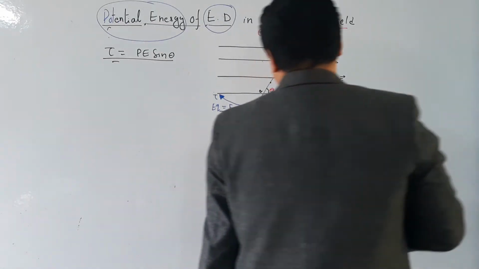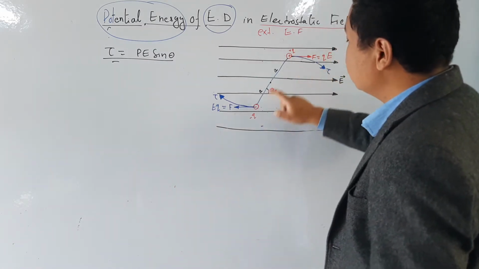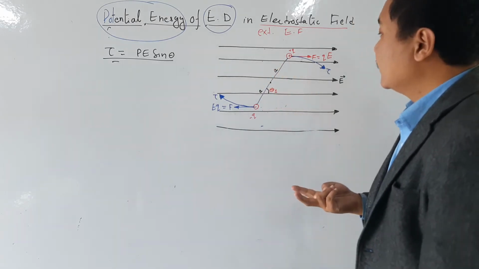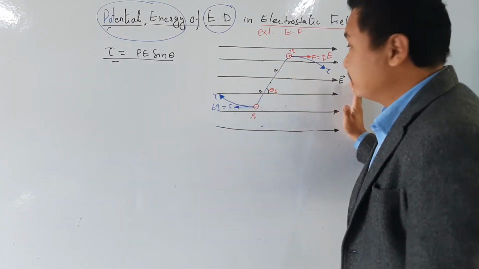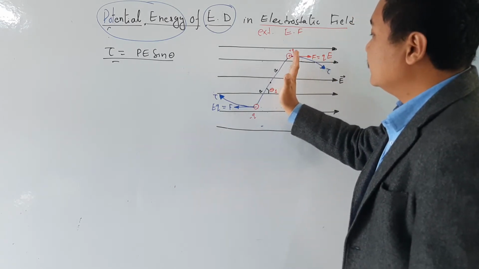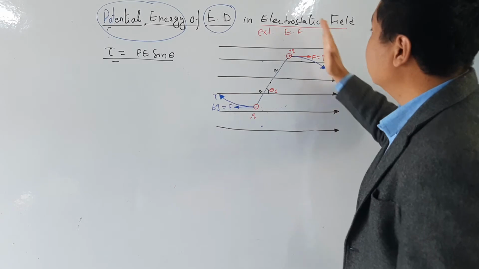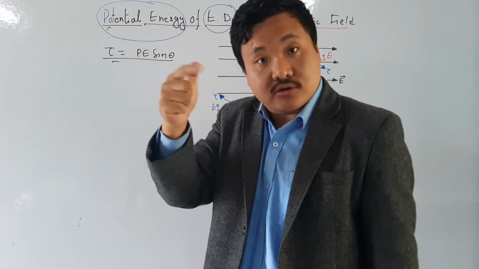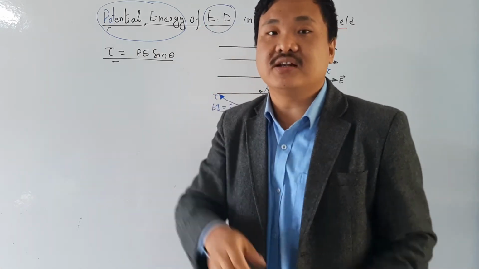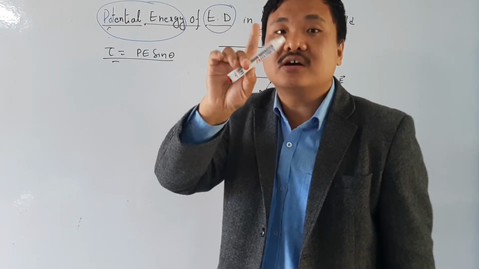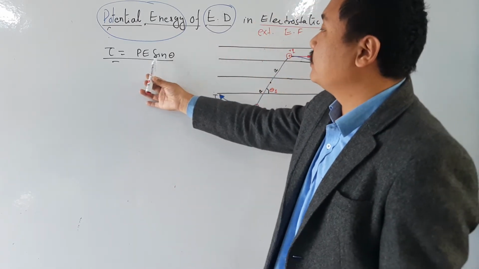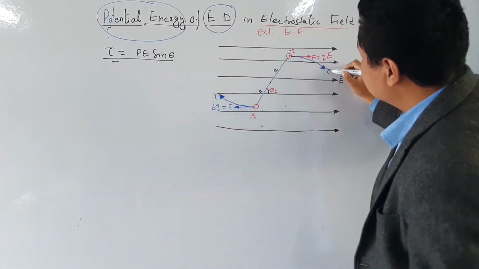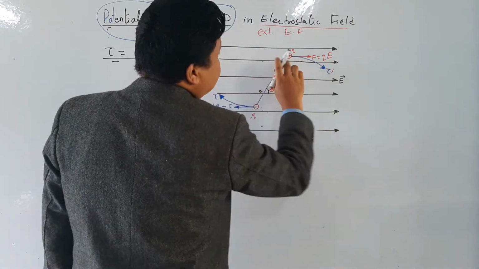So for that I have considered a dipole with plus q and minus q, and the distance is 2a, and I have placed this dipole in a uniform electric field or electrostatic field. And from the last chapter we know that whenever you place a dipole in electric field, it will rotate, it will give a torque with tau equals to PE sin theta. Okay, so it is rotating in this fashion.